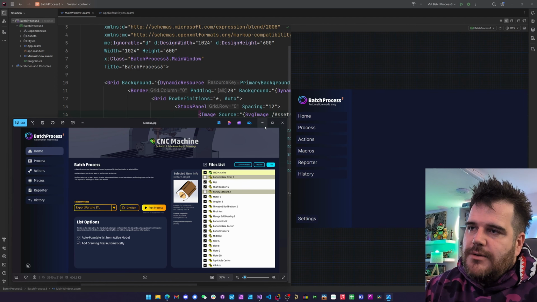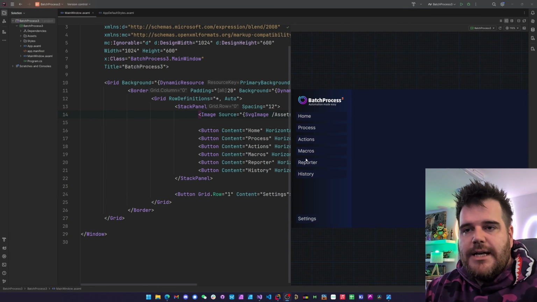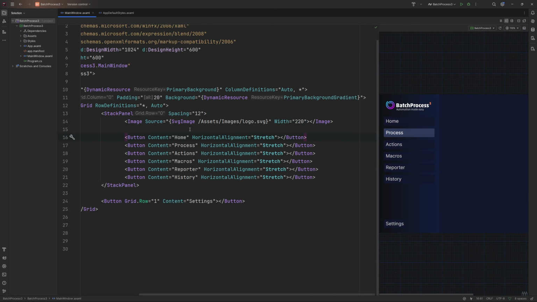There's a few ways we can do this. So let's take a look at the best ways to achieve it. Let's first focus on the buttons, and to start with, how we get multiple elements inside of a button. So right now we just have content and it's a string. So you might be thinking, how are we going to insert an image or an icon in front of the string? Well, the benefit of Avalonia that came from WPF is that we can get rid of the content,